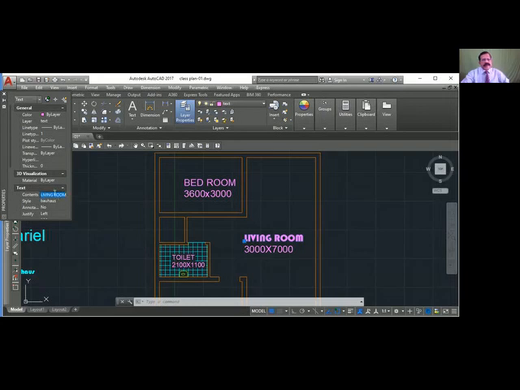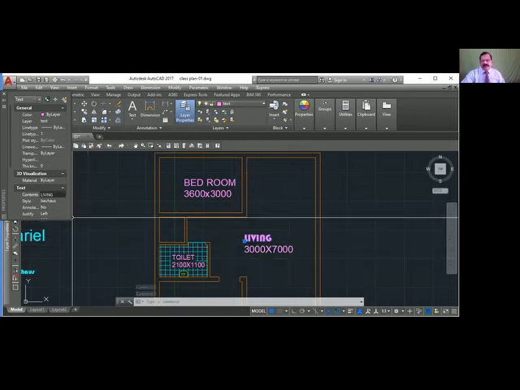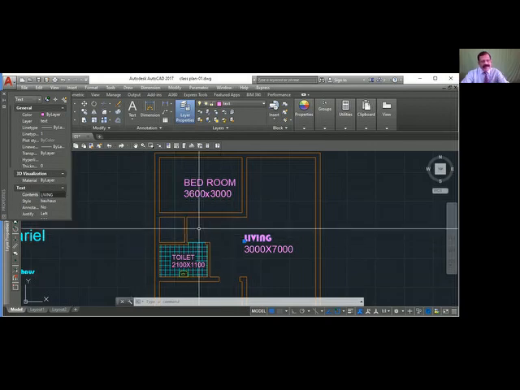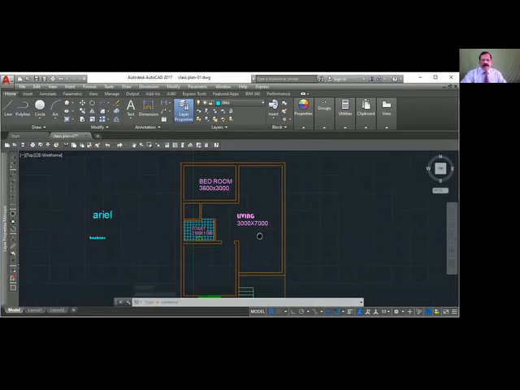If you want to do the correction here, under the text you go to the contents and you can correct it also. So properties can do many things. You can change the style, the height, correct the text, change the layer, whatever you want. But if you want only correction, you go to text edit. I hope up to here it is clear.